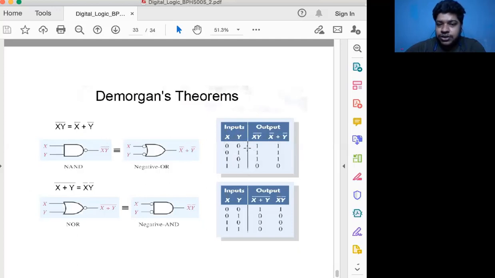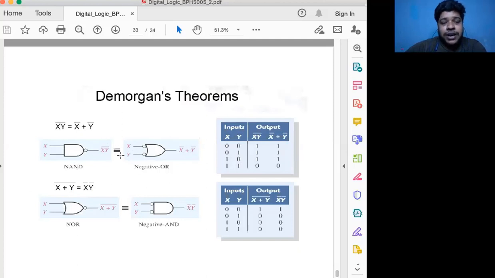So again you got this here. So it means for this 0 0 condition these both are same. Similarly you see 0 1, 0 1 जब दे रहे हैं तो क्या हो रहा है, यहाँ पे हमने 0 दिया, यहाँ पे हमने 1 दिया, तो 0 1, 0 1 को मल्टीप्लाई करेंगे तो क्या हो जाएगा, 0 हो जाएगा, और फिर उसका इन्वर्ट करेंगे तो क्या हो जाएगा, 1 हो जाएगा। So we got 1 here, and this is 0 1। तो यहाँ पे हमको आउटपुट में x bar plus y bar लिख रहा है, x bar 0 है तो x bar 1 हो जाएगा, y bar 1 है तो ये 0 हो जाएगा, तो 1 plus 0 is 1, so there is 1। Similarly you can see 1 0।